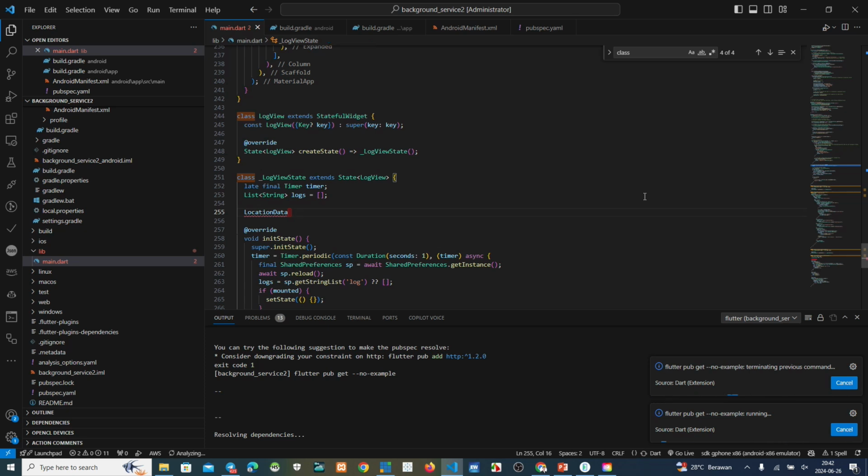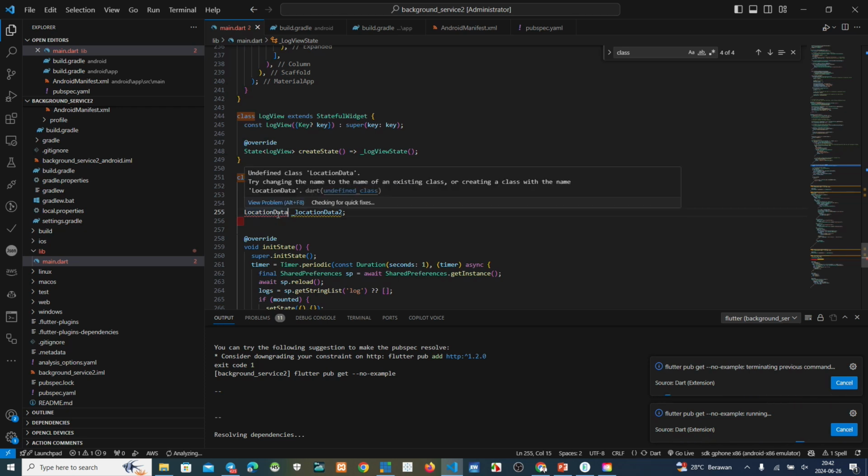We make this one location data 2. Oh, not updated yet, because this one is still red. Location.